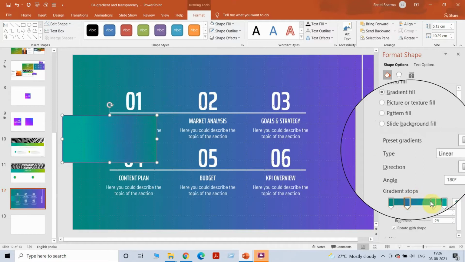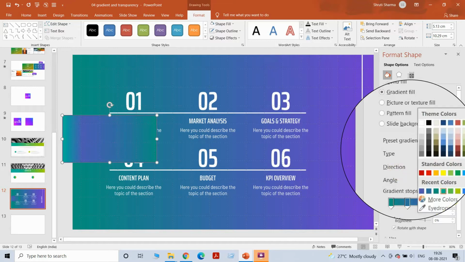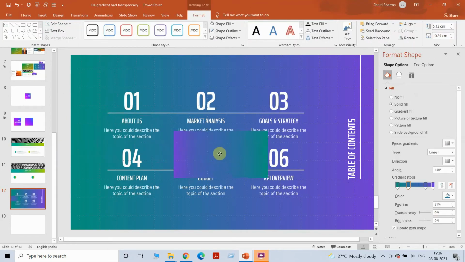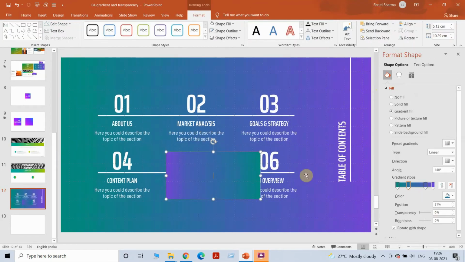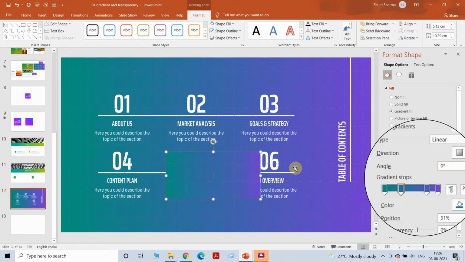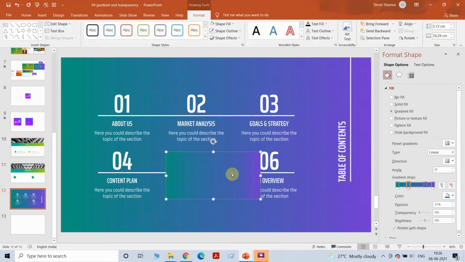Third color, again, don't worry about the direction, you can change it in the end. Just follow the flow of the colors. Third color, and now the purplish color. Now I'll go to directions to make sure that it looks exactly like the one that we are trying to see. You want the purple on the right, so this is pretty easy, right? So now I'm done with this.